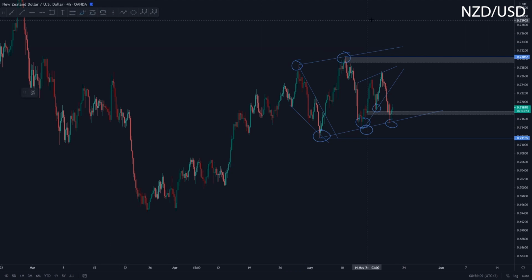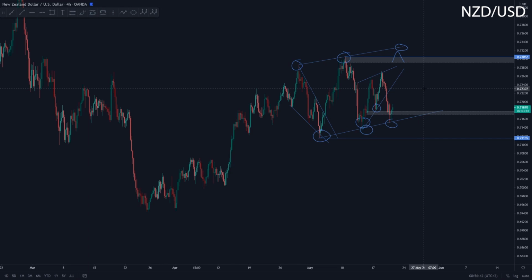So I wouldn't be surprised if Kiwi dollar were to move back towards the upside, because the ascending channel, as we can see over here on the 4 hour, hasn't matured yet. So for it to mature, we either need to see a fake out on the high or that third trendline touch. However, of course, with the DXY bullishness, I am expecting further shorts. So yeah, Kiwi dollar is a bit of a tricky one at the moment. So I want to see what the intraday time frame is going to be doing for the rest of today.